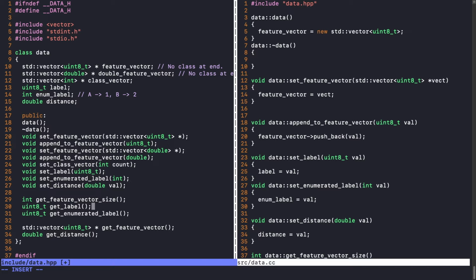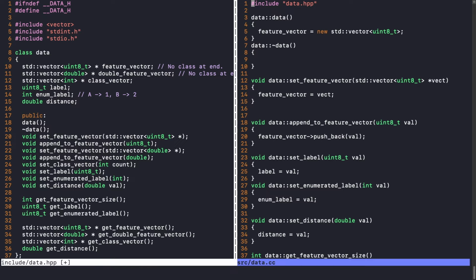and then we're going to have a standard vector double get double feature vector, okay, and then standard vector of int, and that's going to be get class vector. All right, cool. So now let's jump over to the other file, and we have this set feature vector,